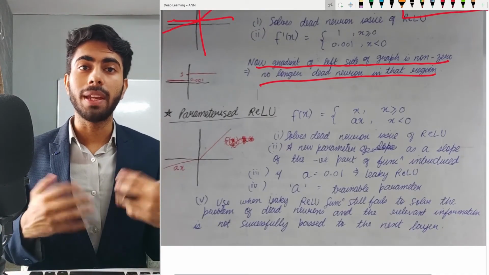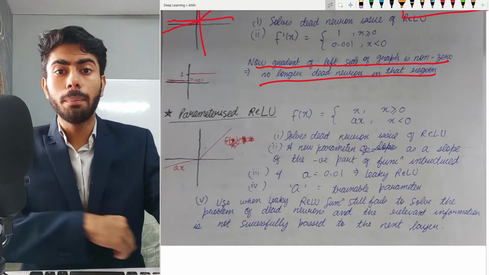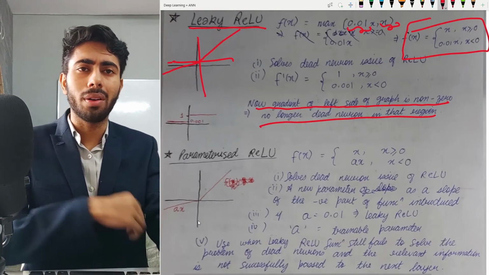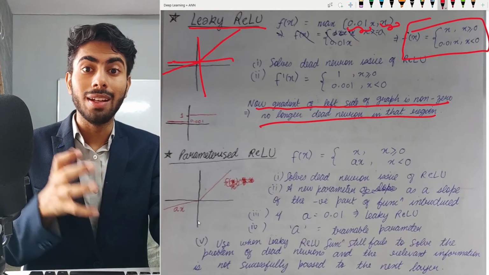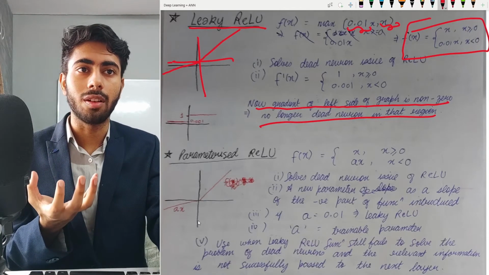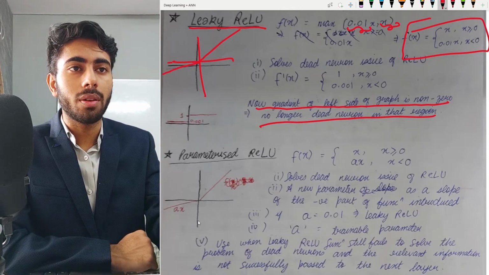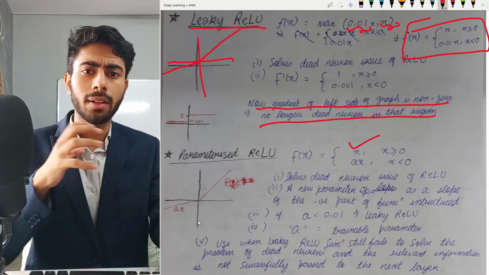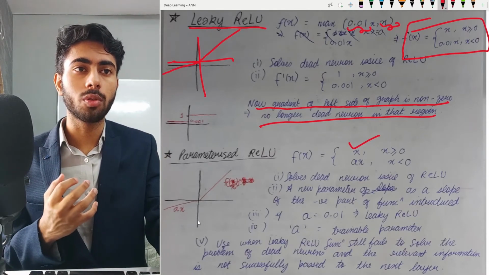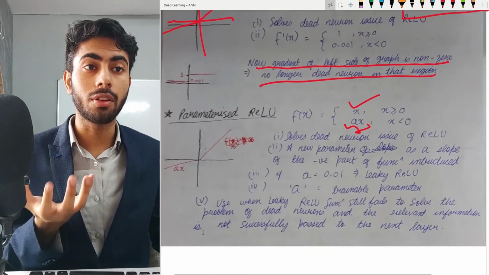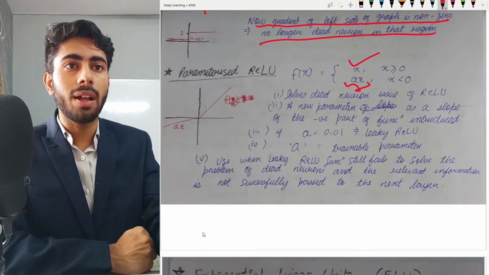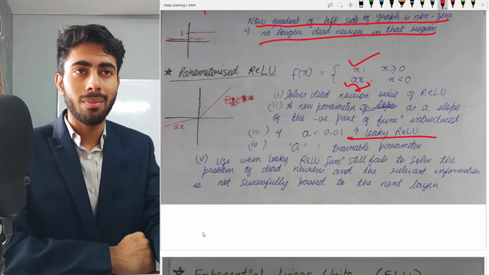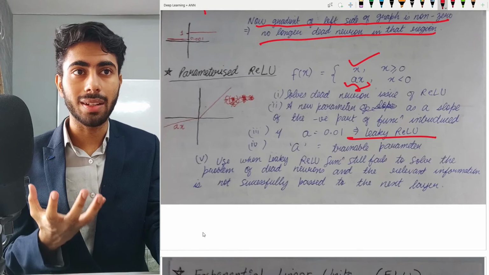Now let us discuss PReLU, or parameterized ReLU. PReLU is very similar to leaky ReLU, or it would be more precise to say that leaky ReLU is a sub case of parameterized ReLU. In PReLU, for positive numbers, the output is going to be the same as the input. But in case of negative inputs, the output is going to be ax, where a is a trainable parameter. If the value of a is equal to 0.01, this will be the case of leaky ReLU. And there is one point to note, and that is that a is trainable.